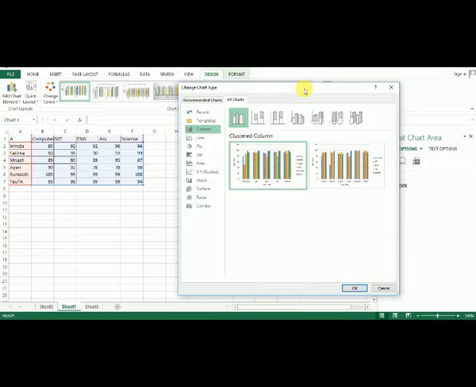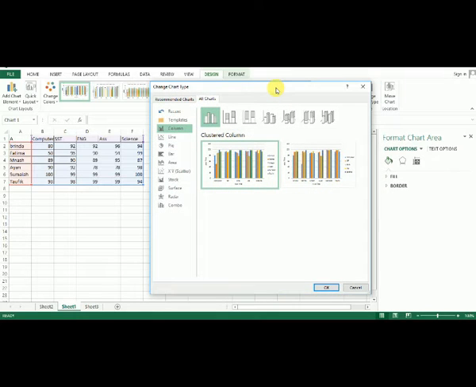So from the design tab, click the change chart type command. The change chart type dialog box will appear. Then click on OK. In our example, we will select a line chart. So suppose I want to use a line chart.